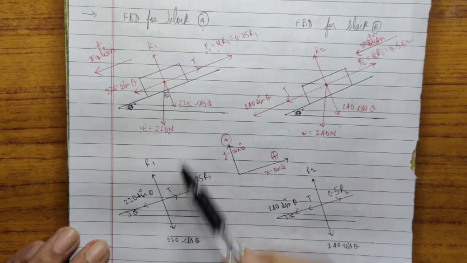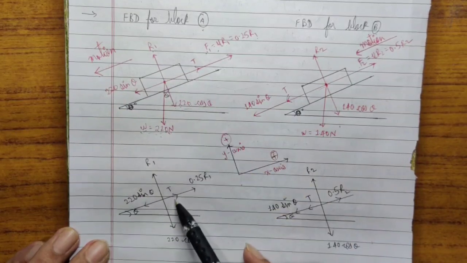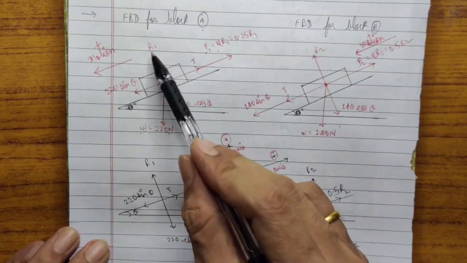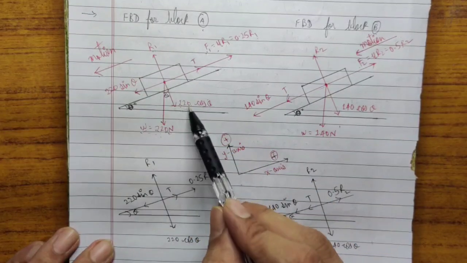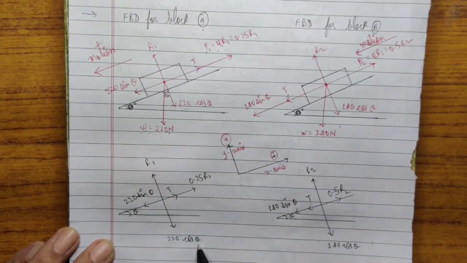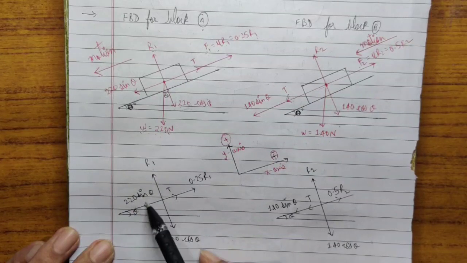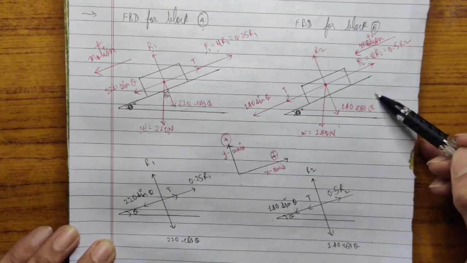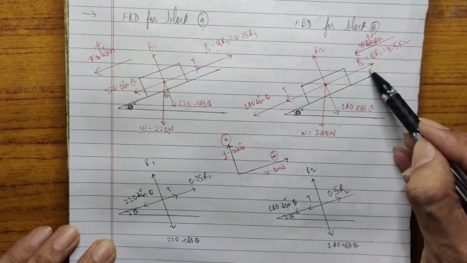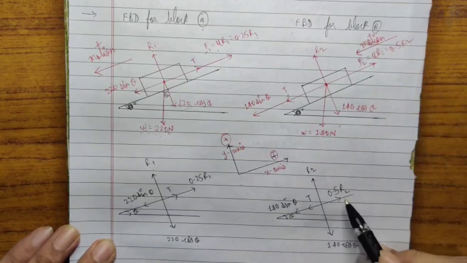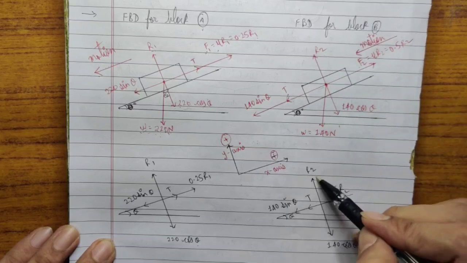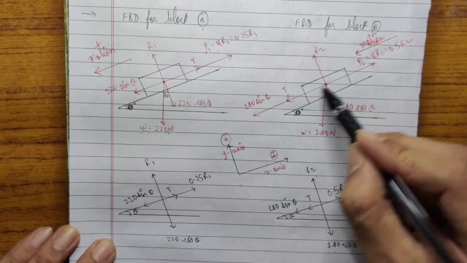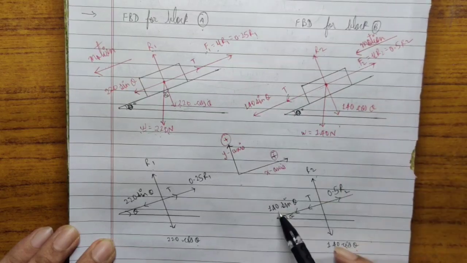So see, in this diagram there is this upward force T, there is this upward force 0.25 R1. In this case there is R1. In this case it is 220 cos 30 and 220 sin 30, which is acting in this direction. Similarly, in this figure this is the force which is acting upward, 0.5 R2, this is R2, opposite to R2 it is 140 cos theta, and in this direction it is T and 140 sin theta.